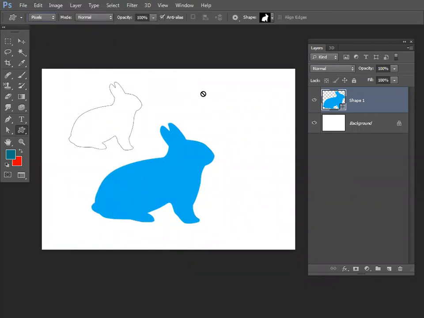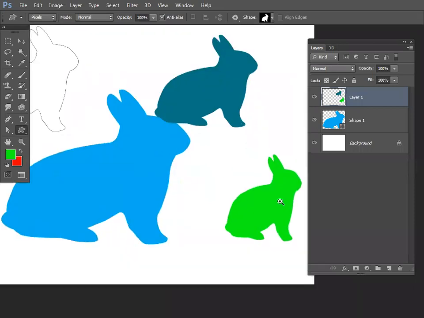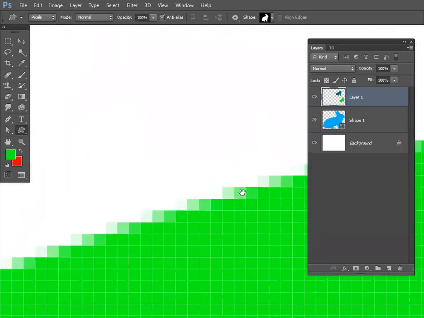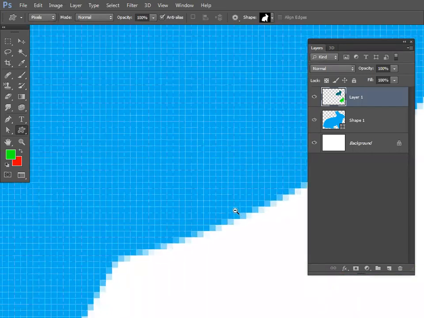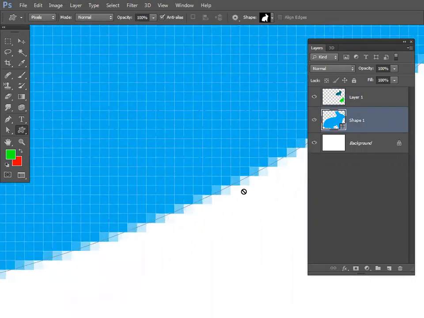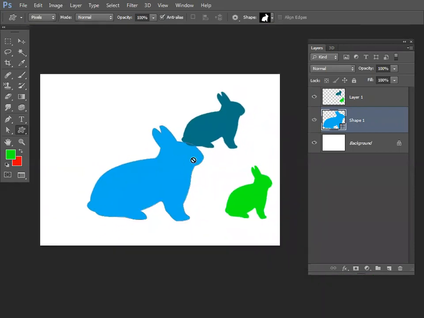In pixels mode, I have to take a new layer for that. It's same like your selection tool. It will just draw the foreground color. Okay, whatever color I'm keeping, it draws just the foreground color, and there is no path for this. If you zoom in and look at the edge, there is no path. When you zoom here, you have to select the layer. You can select the layer and you can see there is a path running here. So the advantage of having path is we can edit the path. Okay.